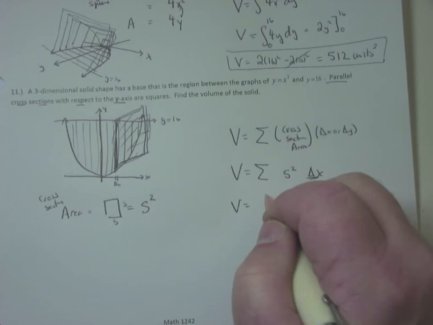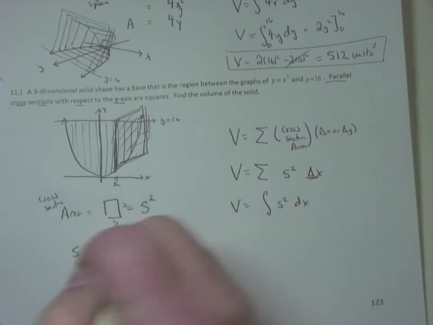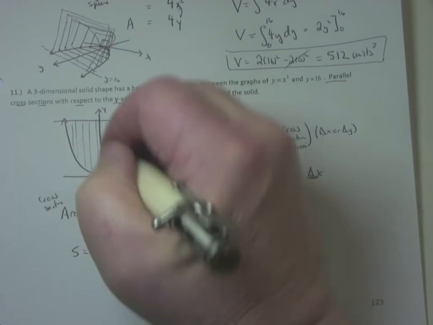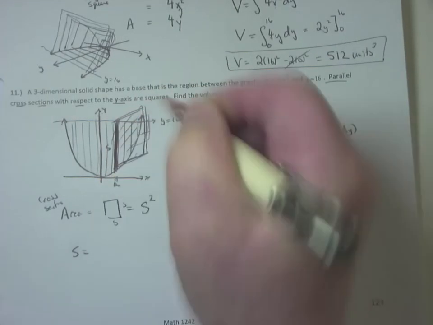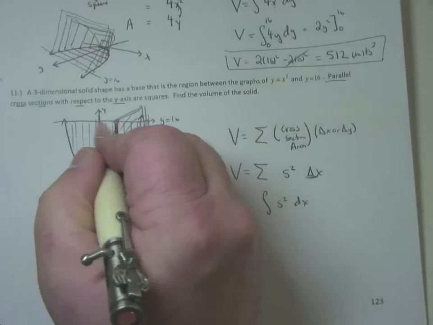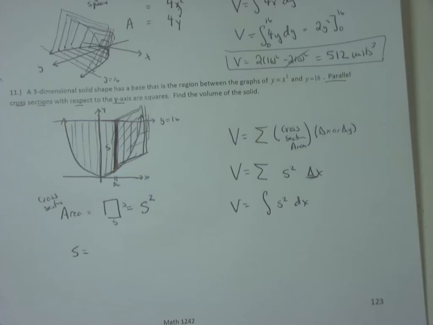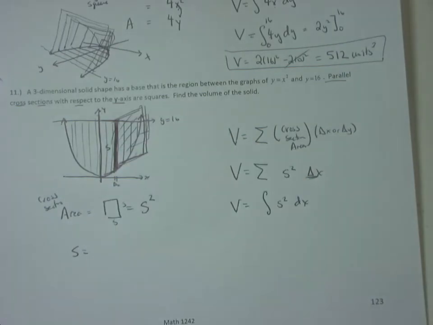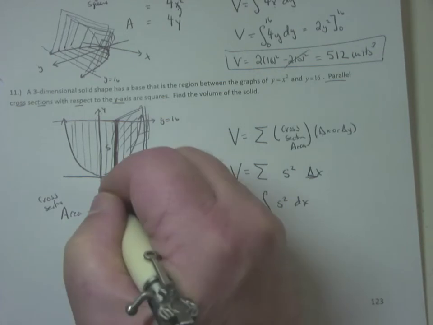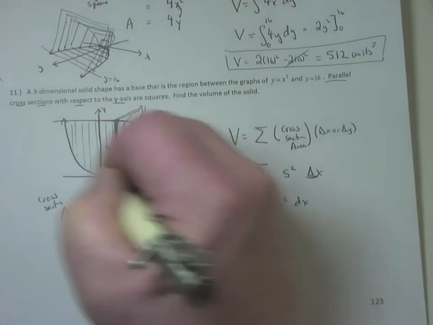But now, converting this to integral calculus, this will be the integral of side squared, but this time it's going to be dx. But I need to calculate the area, this side. What exactly is a side? This is a side right here. It is a distance. And because it's a distance, and on this one I've got a distinct top and a distinct bottom, what is the distance of this section right here? What's on top? 16, minus